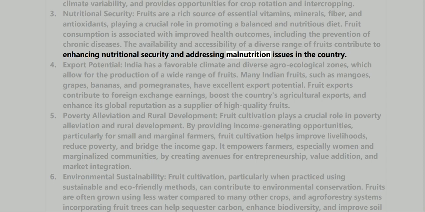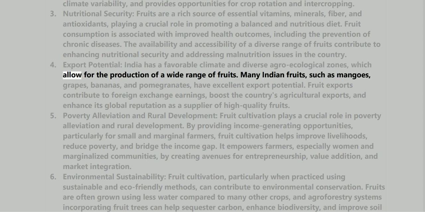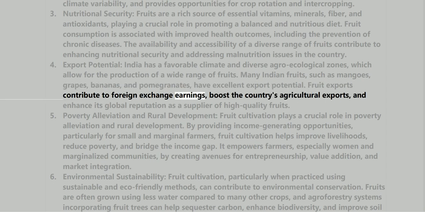the country. 4. Export potential. India has a favorable climate and diverse agroecological zones, which allow for the production of a wide range of fruits. Many Indian fruits, such as mangoes, grapes, bananas, and pomegranates, have excellent export potential. Fruit exports contribute to foreign exchange earnings, boost the country's agricultural exports, and enhance its global reputation as a supplier